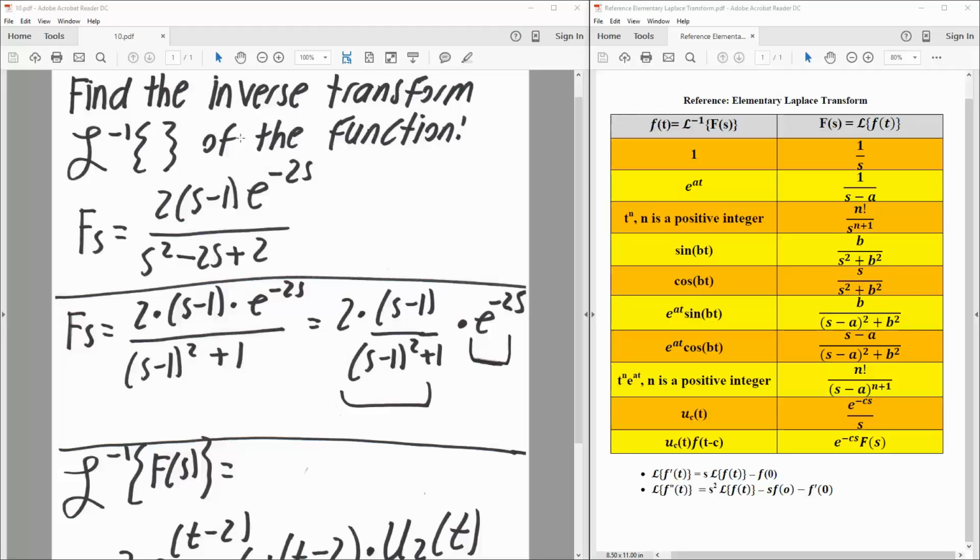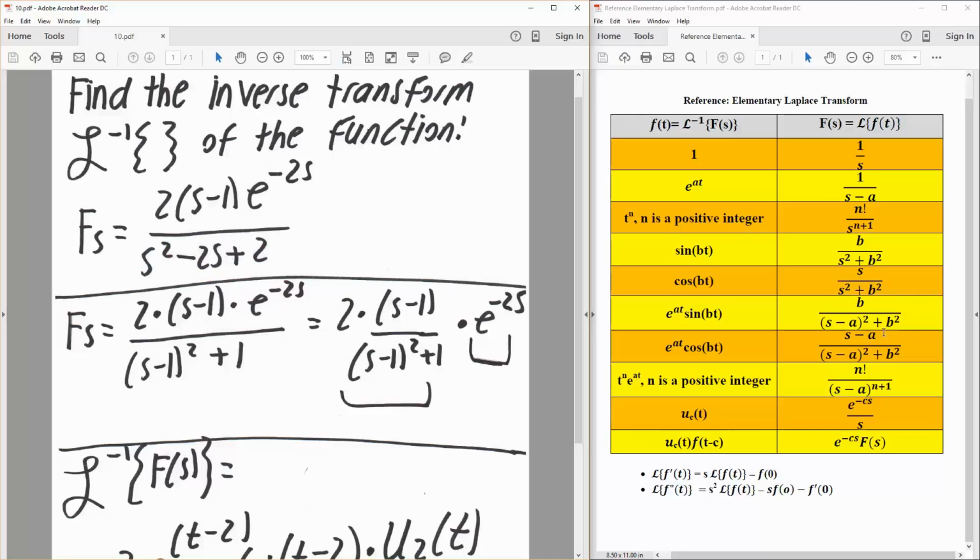Okay, in this video, we want to find the inverse transform of the function F(s) equals 2(s − 1)e^(−2s) divided by s² − 2s + 2. And to the right is the table we went over a couple of videos back that we will use as a reference. So the first thing we want to do is break down s² − 2s + 2 into